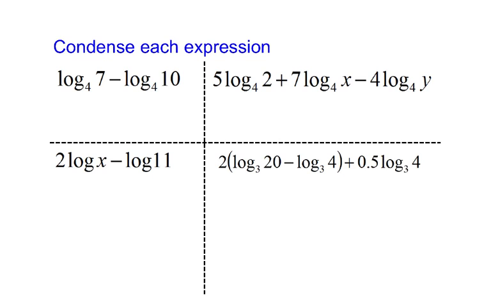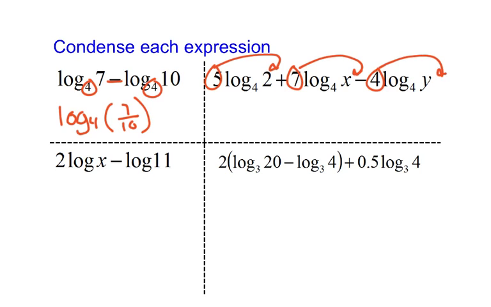Alright, then they want you to condense each expression, which would mean that they want one log or as few logs as possible. And since these are log base 4, both of them, and there's subtraction, we can write them as log base 4 of 7 over 10 inside. This next one is also log base 4. So before I move, I'm going to put a 5 that used to be out front as an exponent, 7 as well, and a 4 as well. So we will end up with one singular log, base 4,